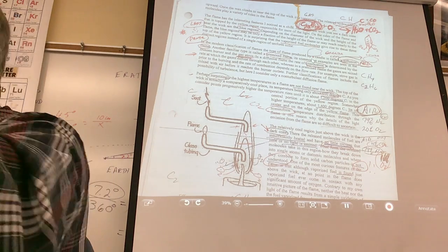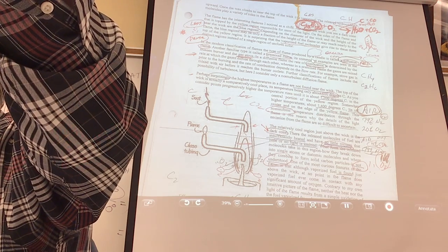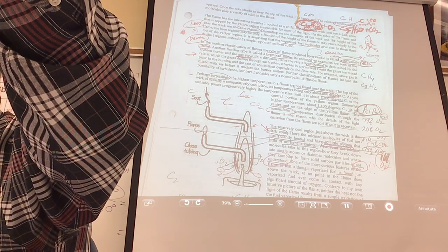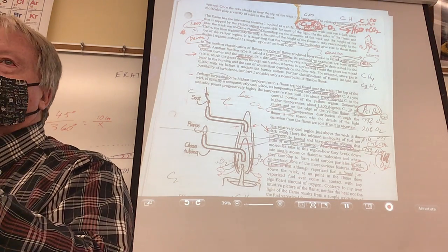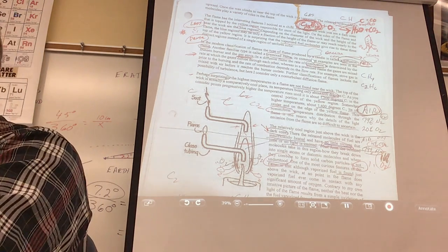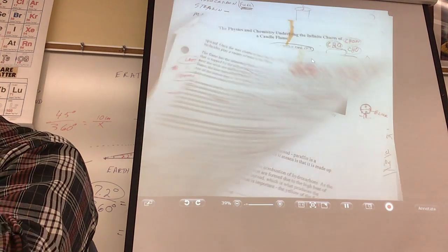Up. Even if you turn the candle sideways, which way does the flame go? Up. Now you might understand that. It's this hot gas that is going up. Now on one of the last pages of the article,